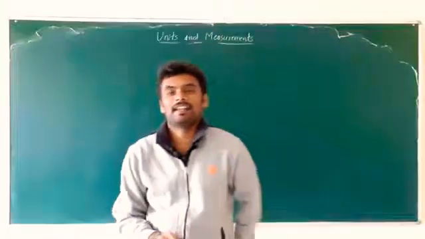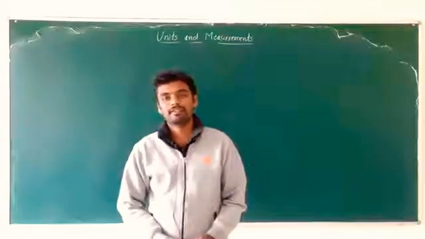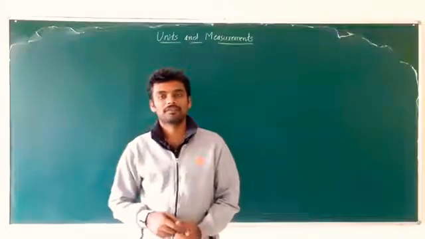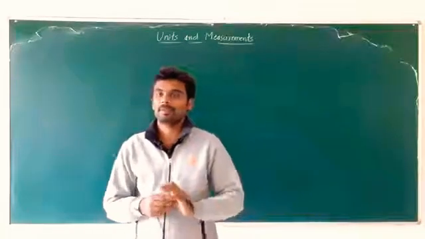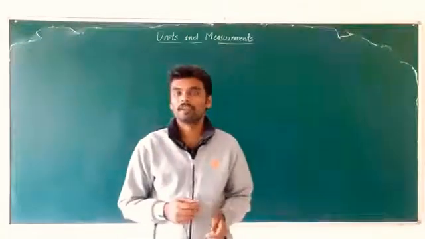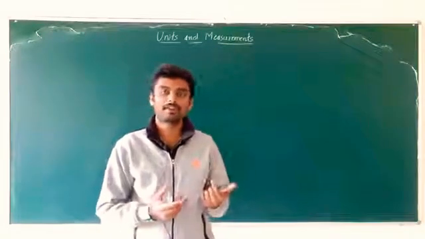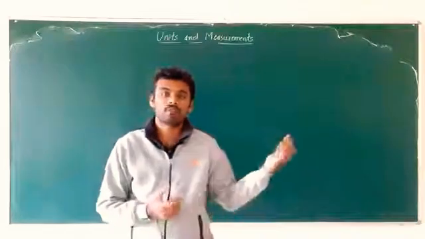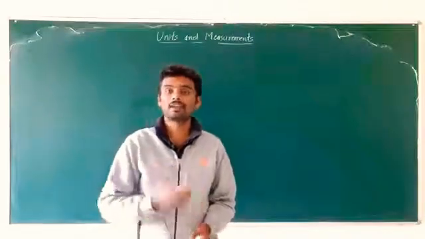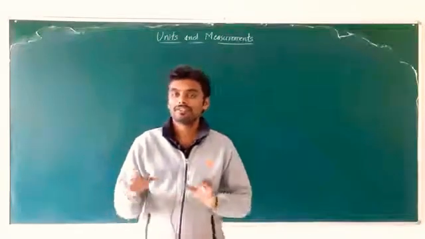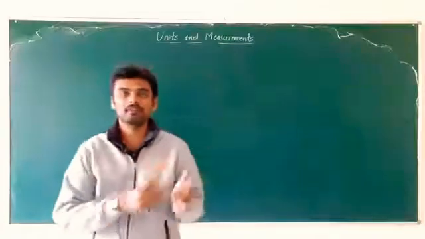Hello students, let us continue the discussion on units and measurements. In the last session we took up errors. We saw so many different sources of errors, broadly classified into two types: systematic error and random error. So different sources for systematic error, different sources for random error, and finally we also looked at what is least count error. Those are all the discussions and more like the theory part of error.